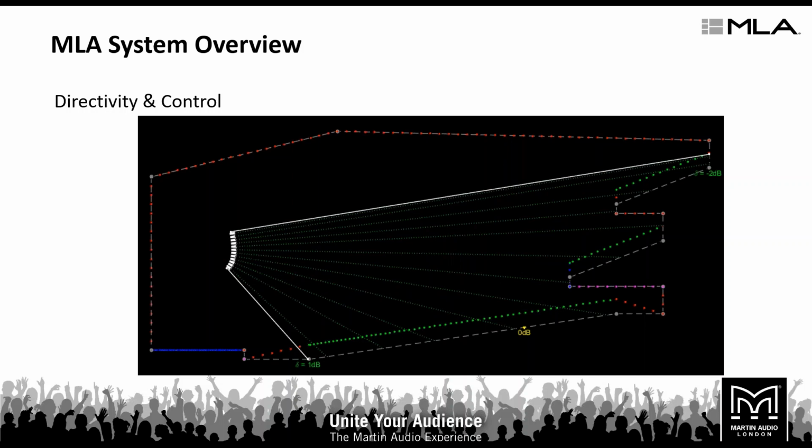And with this technology, we can select the areas that we wish to avoid, the areas that we wish to cover, as you can see shown in green, and areas shown in red, areas we're not particularly bothered by. You'll also note on this diagram here, there is a 0 dB point. This is our reference level. So this could be set anywhere that you wish. At the front of the audience here, it says 1 dB, and at the back there, right at the top,